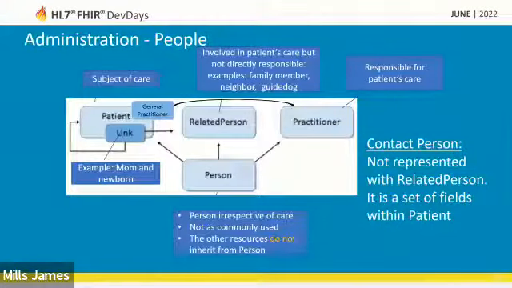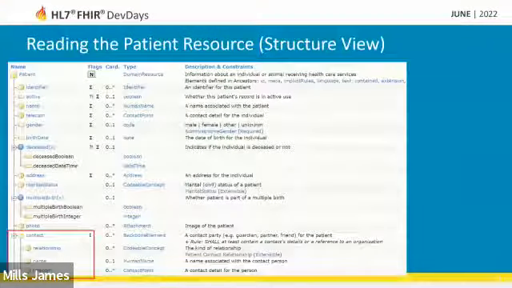So before, when we looked at patient, we looked at a list of fields and their definitions. We call that the structure view of a resource. So here's the structure view of the patient resource, a linear list of fields. And in there, down towards the bottom, we have a file folder, and the FHIR folder is called contact, and it explodes to a list of fields. So it'll explode right out into the patient resource